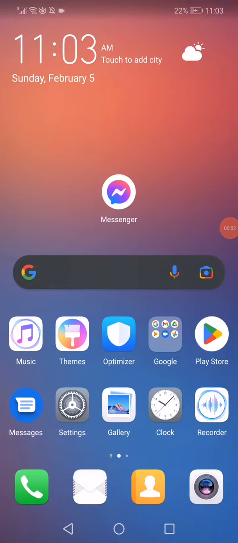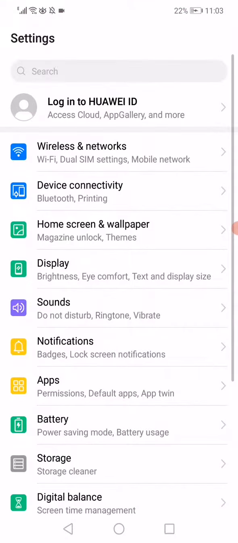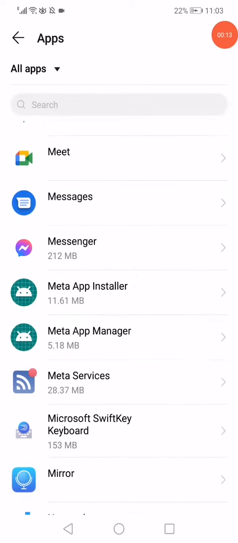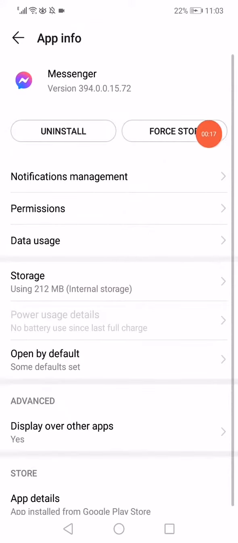So in this short quick video, I'm gonna show you how to fix Messenger logout problem. First thing, open the settings on your phone, go to the apps manager. When you open the apps now, go to the Messenger right here, click on it, click on force stop, and